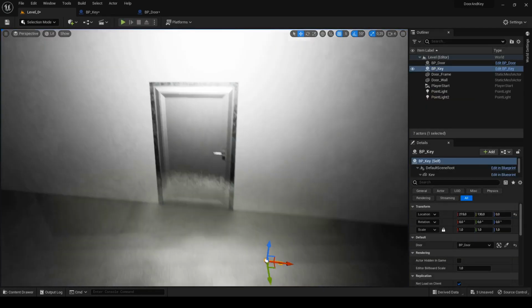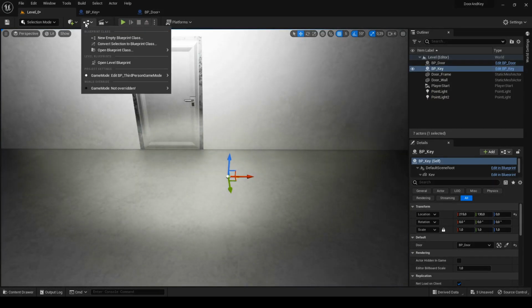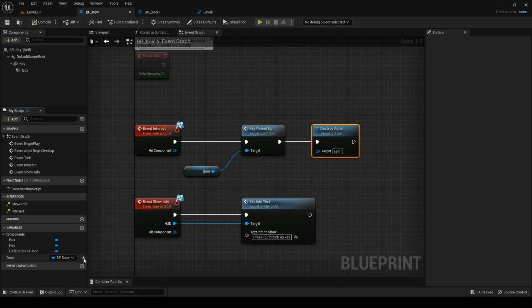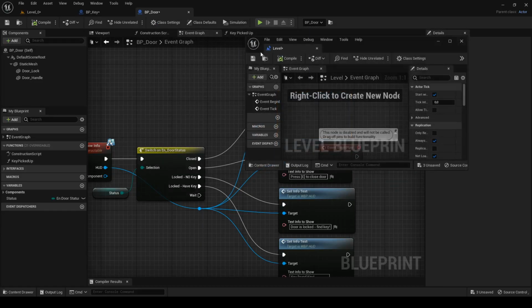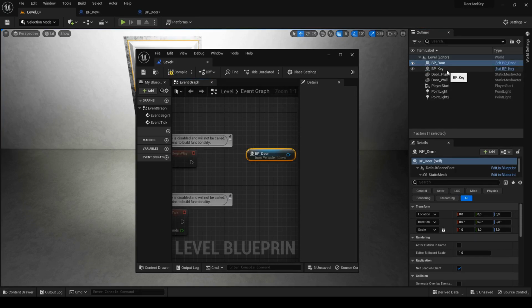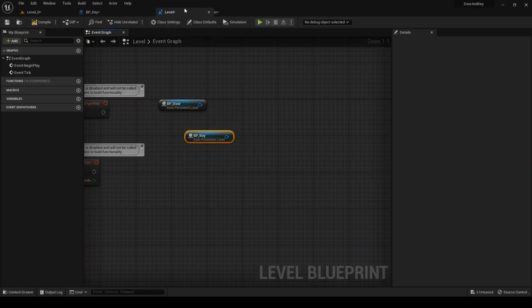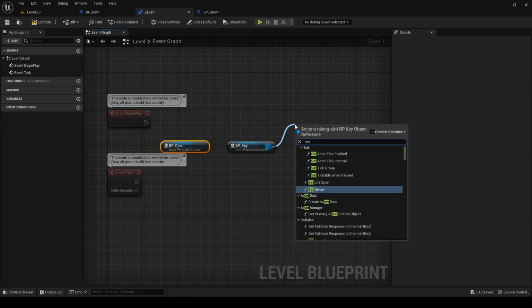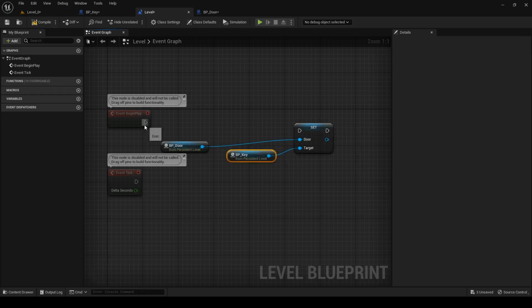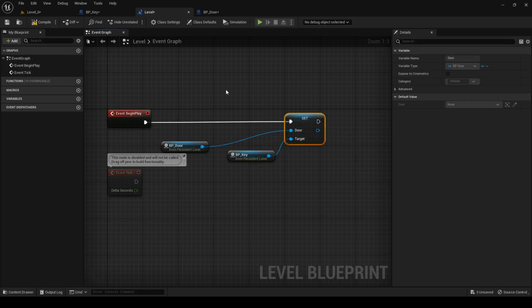Now to the second way to assign the key to the door. Open your level blueprint, go to the key blueprint, unmark the variable as public and compile. Undock the level blueprint, go to your level, and drag into it from your level your door and key objects. Dock it back and out of key, search for set door, connect it after begin play, and connect the door reference to the door pin. The advantage of this approach is that you can see all you have set up so you don't forget anything.